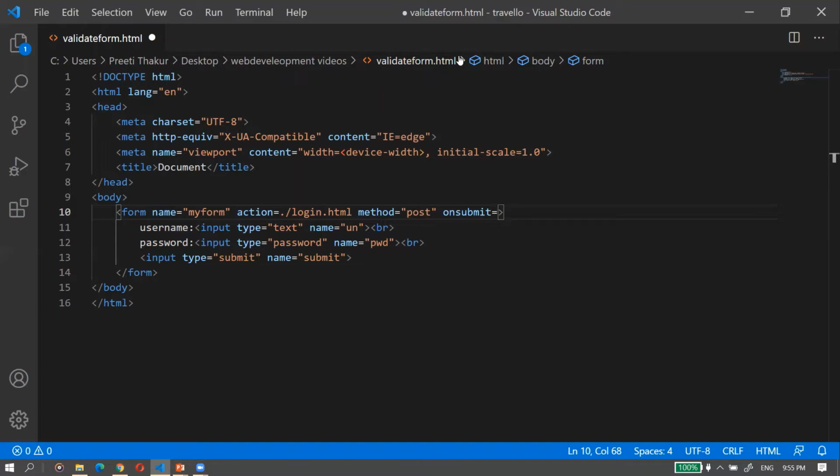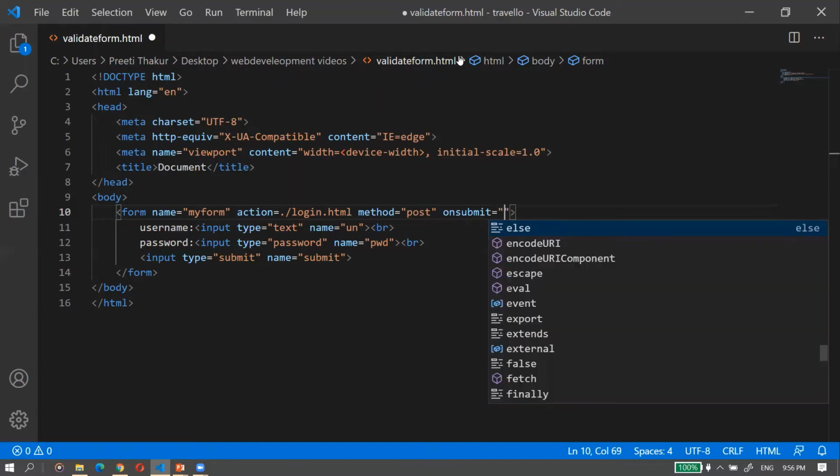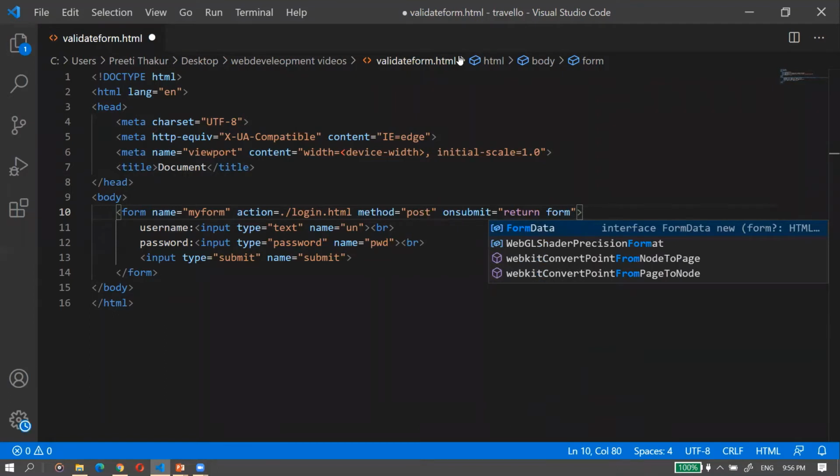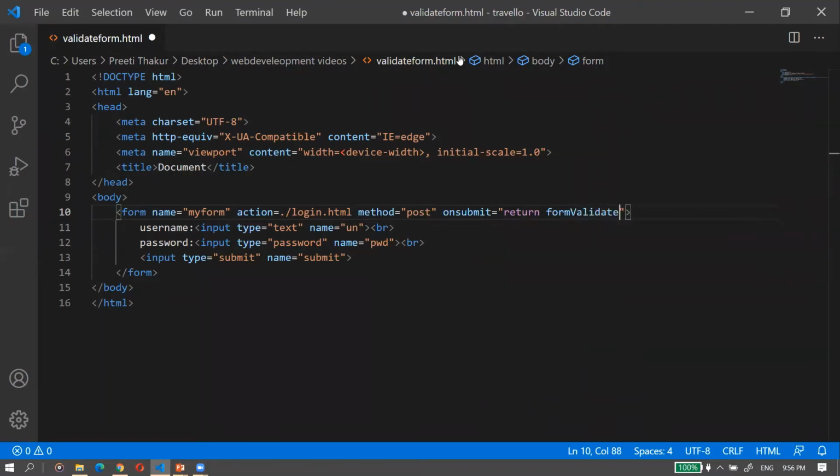So before submitting, it will validate first. So on submit, I'm giving the name of my function: return formvalidate. So now I will create this formvalidate function.